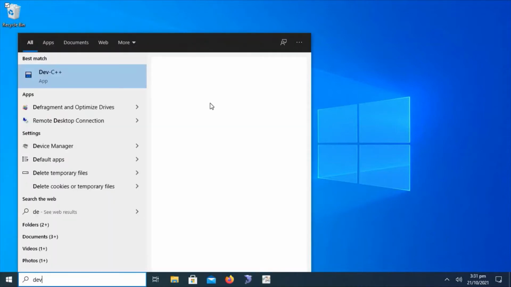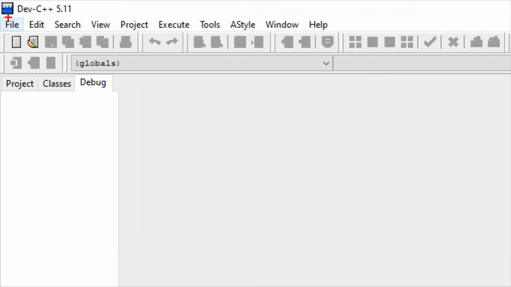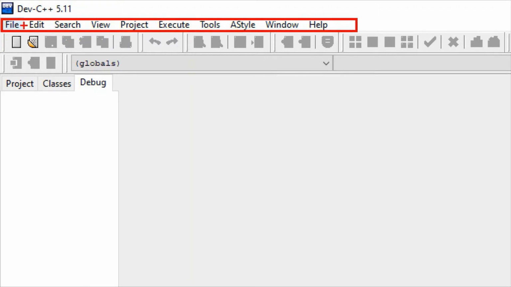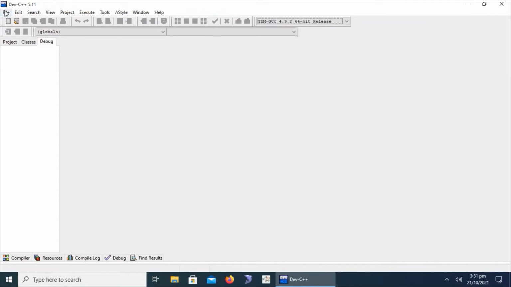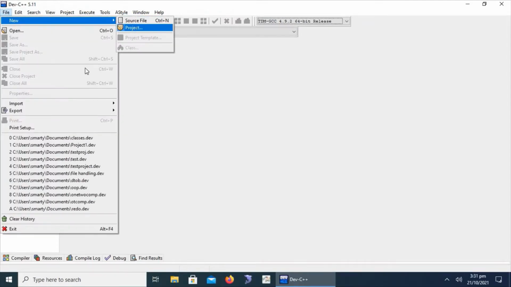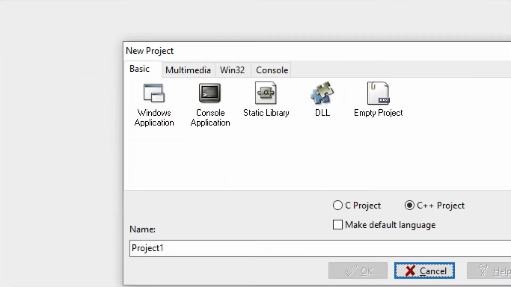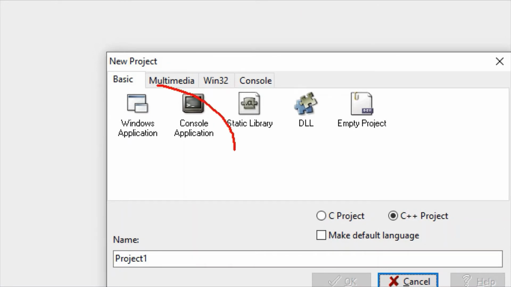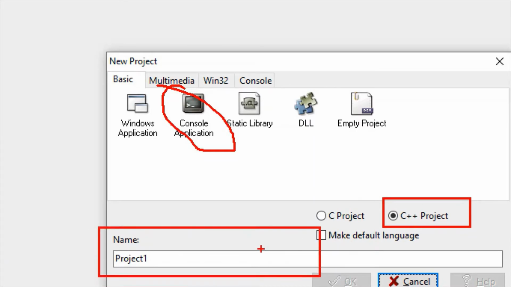So let's start by creating a new project using Dev C++. As we have discussed multiple times before, we have to start our new project by clicking on the File option, then select Project. Here we have to select Console Application, then C++ project, then the project name will be specified here.